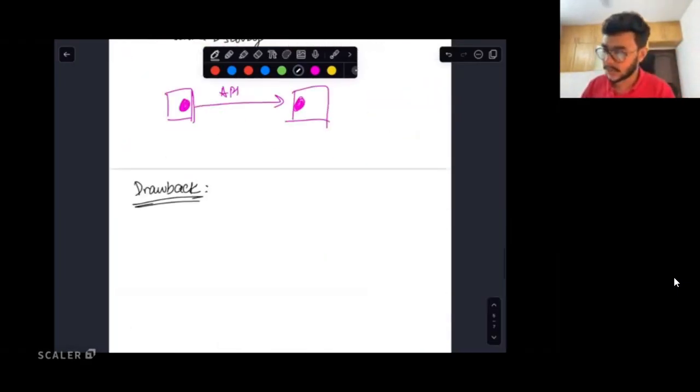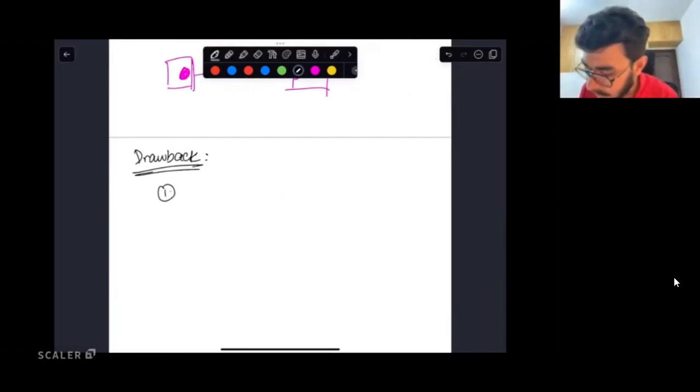Let me write these points down, right? So the first drawback is the single point of failure. I hope everyone is clear on the single point of failure thing, right?